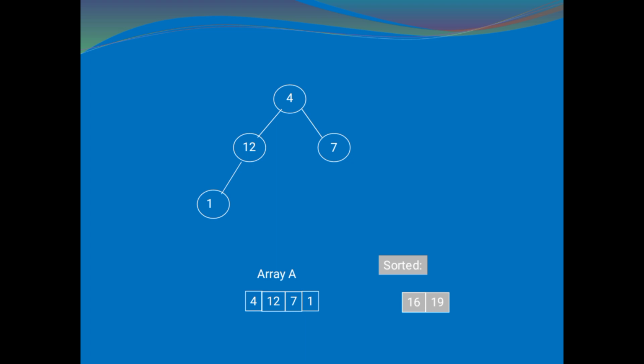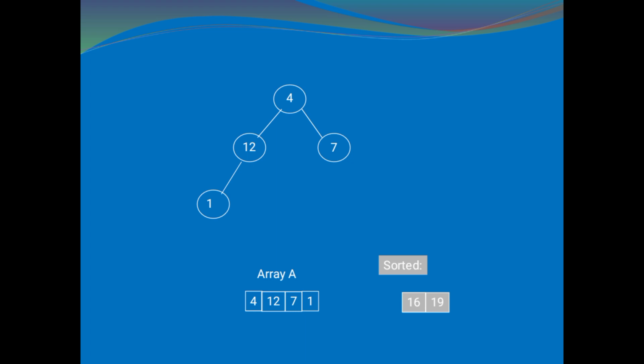Okay. Again what do I have to start? Again heapify this tree. Heapifying, check for the max heap condition. 1 is compared with 12. 1 is smaller than 12, so it is satisfying the max heap. Now compare 7 with 4. 7 with 4 means 7 should be up and 4 should be down.